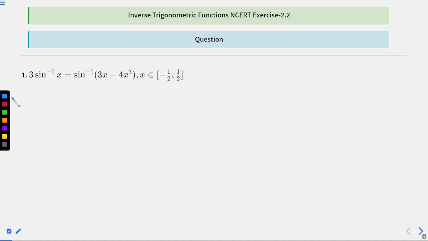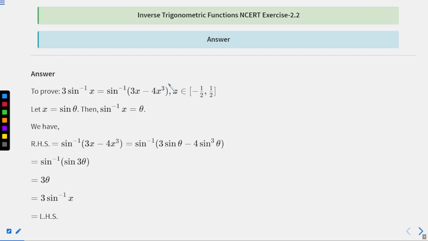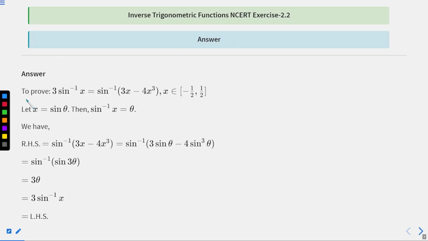In this question, we need to show that 3 sine inverse x is equal to sine inverse of 3x minus 4x cube, where x belongs to the closed interval minus 1 to 1. Okay, so let x equal sine theta. So from this, what we started with, from here, taking this as equal to